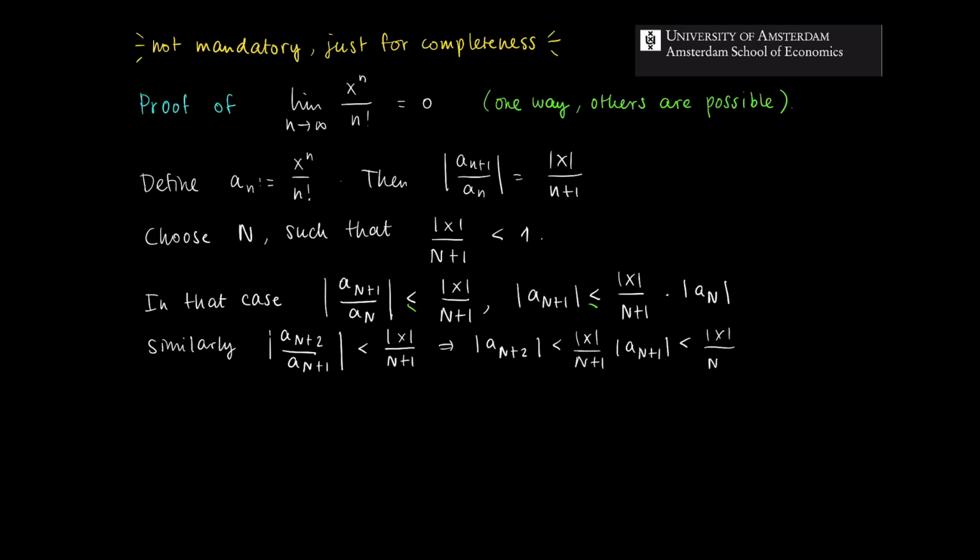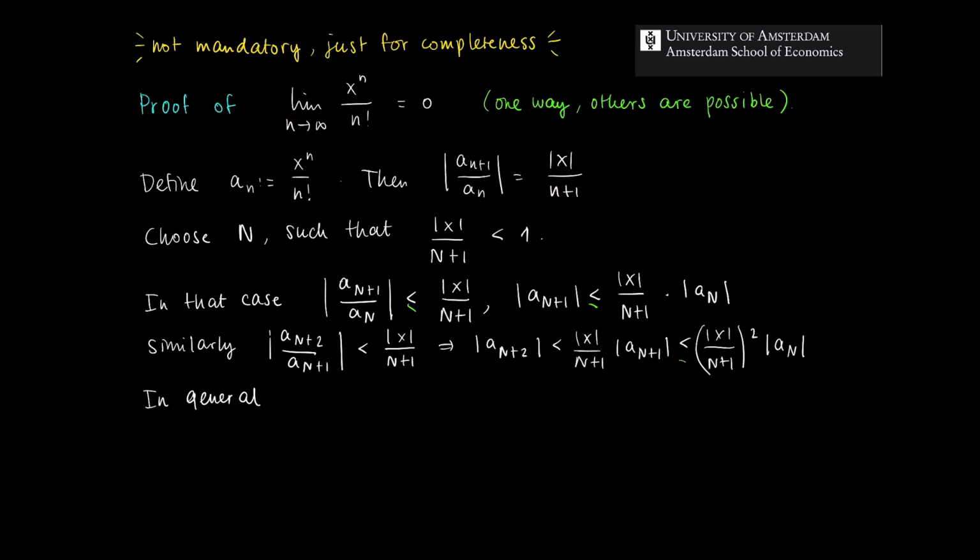So we have that this one is smaller or equal than, we should have a smaller-or-equal sign there, the absolute value of x to the power 2 divided by capital N plus 1 to the power 2, times the absolute value of a_N. And this way we can continue, because we can also look at the ratio of the absolute value of